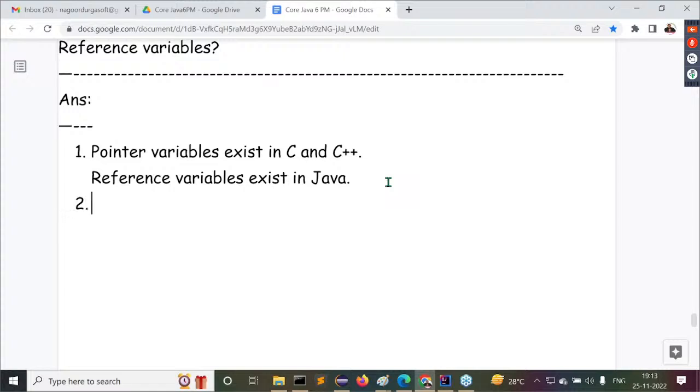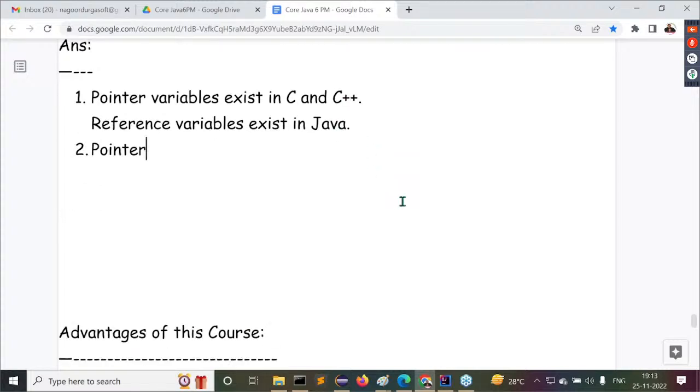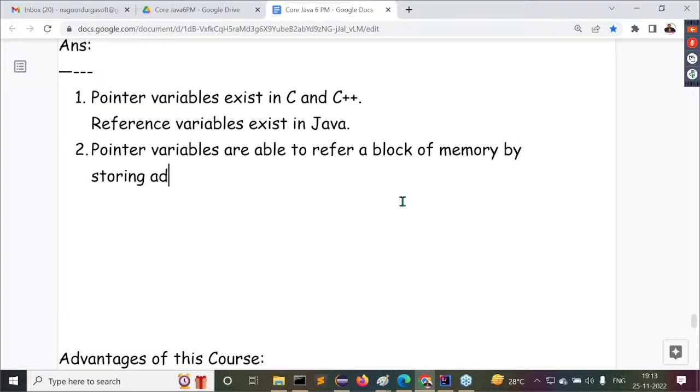Now point number two, observe carefully. Pointer variables are able to refer to a block of memory by storing address locations. But what about reference variables?